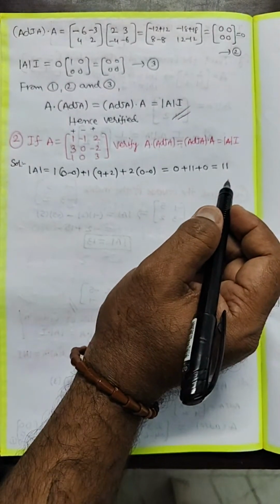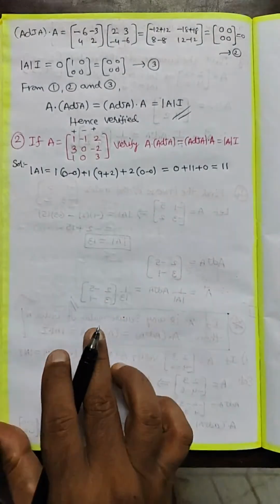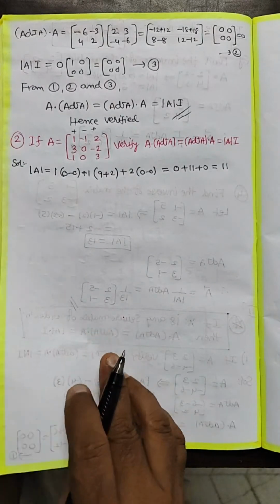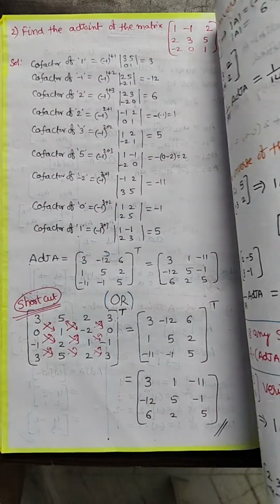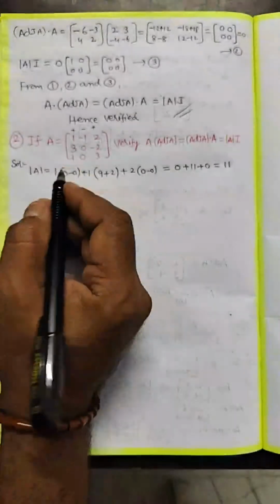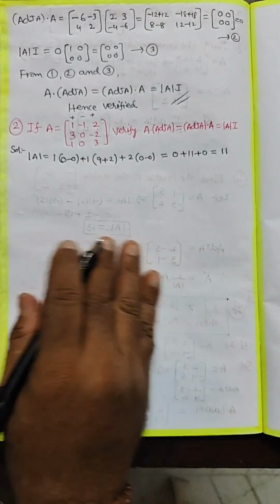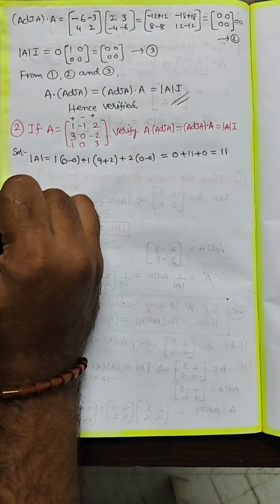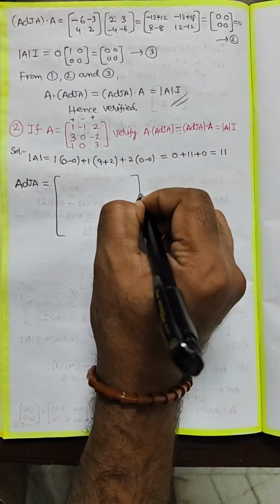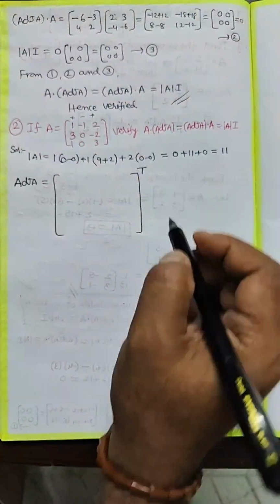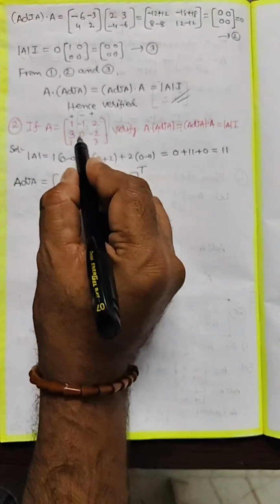Okay. Later, adjoint A we can calculate. For a 3 by 3 matrix, I wrote a shortcut method here for adjoint A. This is the best way, the adjoint A shortcut method. Adjoint of A is equal to, see, generally adjoint A means cofactors transpose. So start from